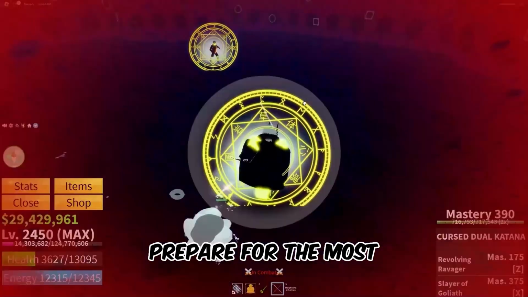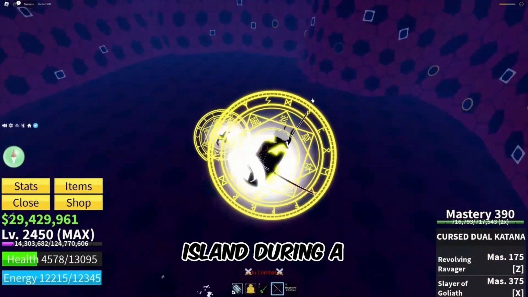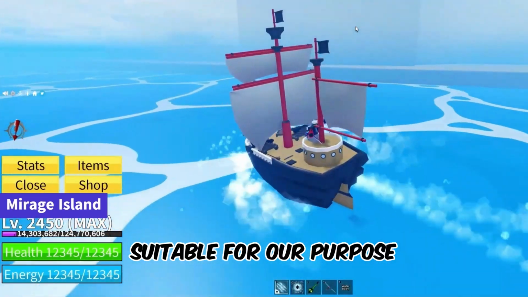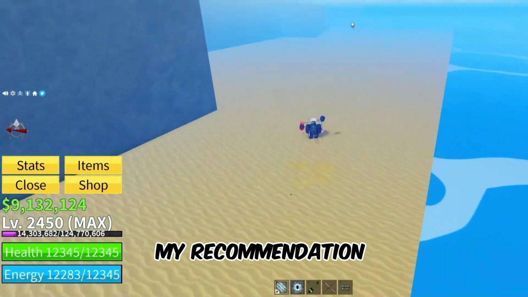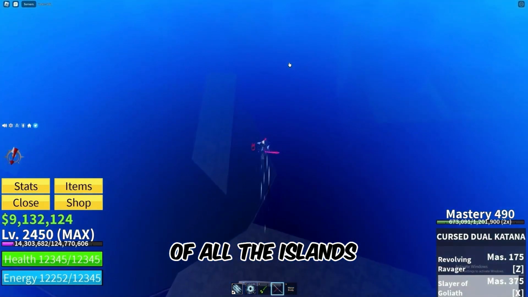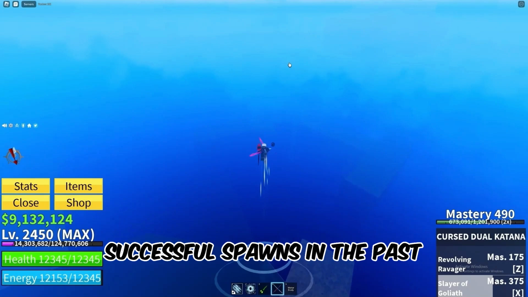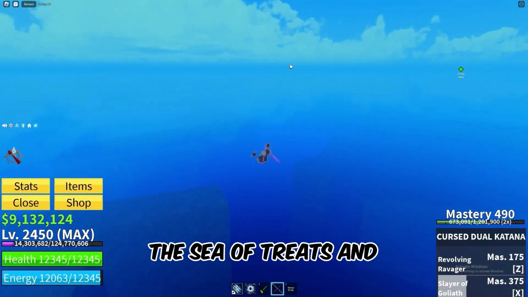Now, prepare for the most challenging aspect of the puzzle, which involves locating Mirage Island during a full moon. Once you've located a server with a moon suitable for our purpose, embark on a swift boat journey across the sea. My recommendation is to circumnavigate the outer perimeters of all the islands, as this approach has yielded multiple successful spawns in the past. Alternatively, you can opt to remain idle in the expanse between the Sea of Treats and